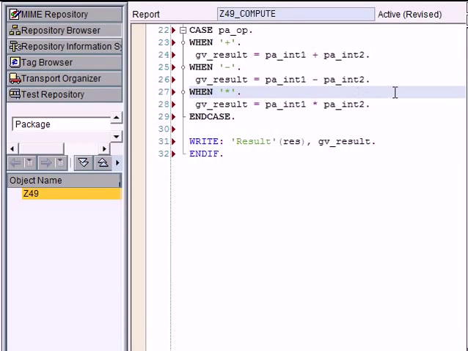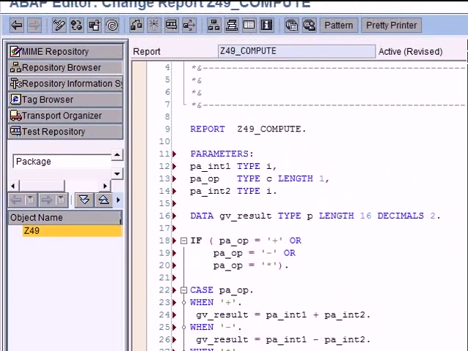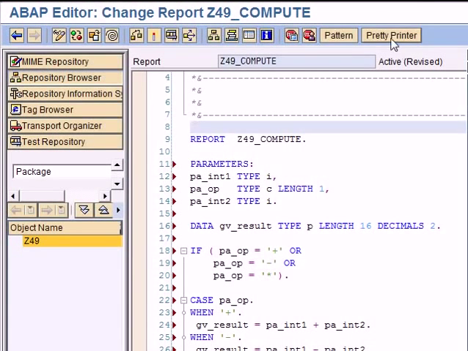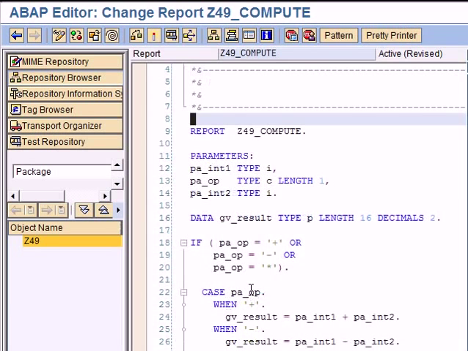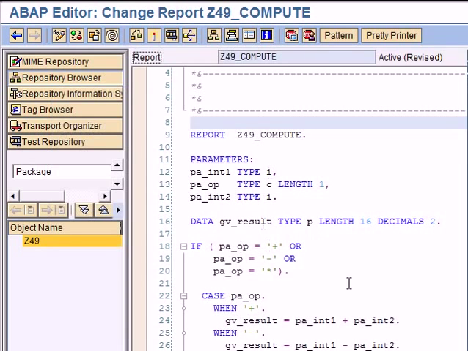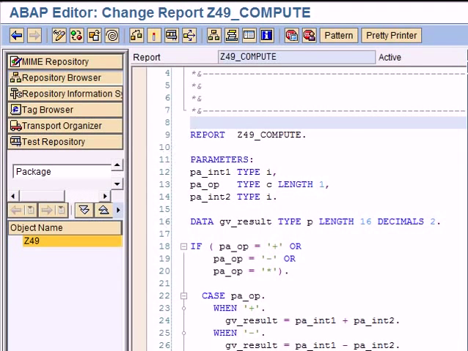As you know, if your code is very complex, it can look a bit messy, and what SAP provides is the so-called pretty printer over here at the top. So when I press this, it will automatically arrange the code properly, so it will look better. Let's give it a go. There you go. So I get the message, pretty printer complete. SAP has made the code look pretty and easier to manage. So the next step is activate. Again, I get my standard report compute is activated,